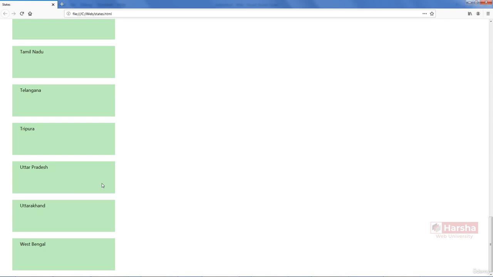Width doesn't include border, padding and margin. So here width and height refers to the actual content width and height, and this space is assumed as padding. So this is padding top, padding right, padding bottom and padding left. And you can notice the same carefully by using the browser developer tools. In order to investigate the width and height of the element, right click on any one div tag and say inspect element,